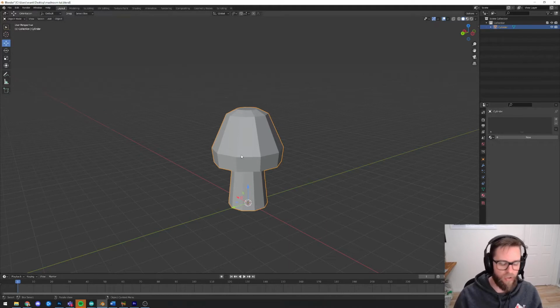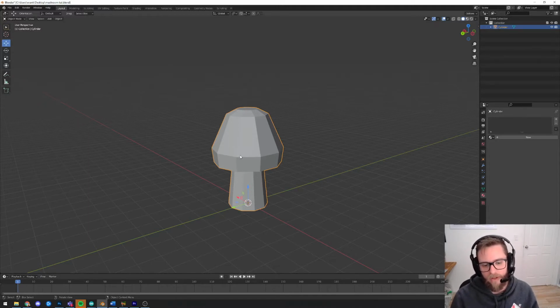wrapped around this. So if you imagine you had a piece of fruit, an orange or something like that, and you peel the skin off and flatten it, or if you think back to your maths lessons in early high school, or even in primary school, they probably taught you about the net of a cube, or the development or something like that. It's a shape that gets flattened out to be the net. Now what we're going to do is flatten out pretty much the net of this mushroom, or the development is what I call it, of this mushroom,